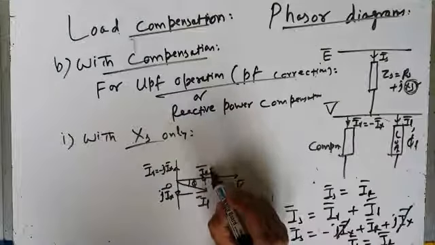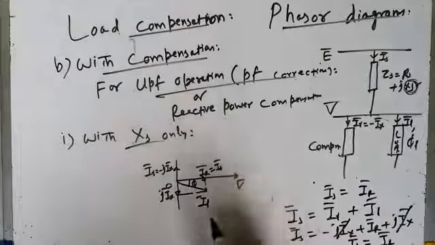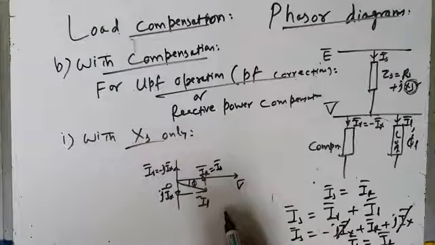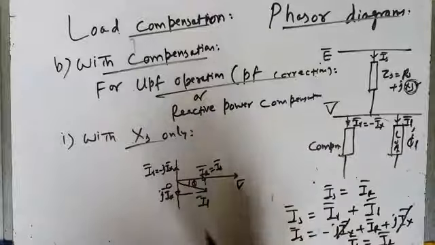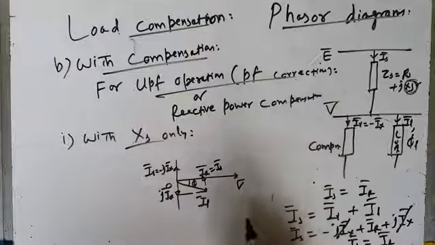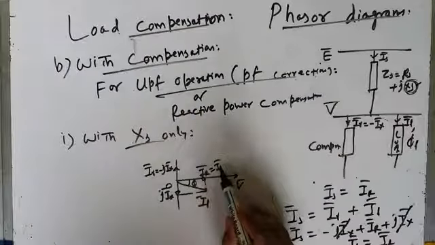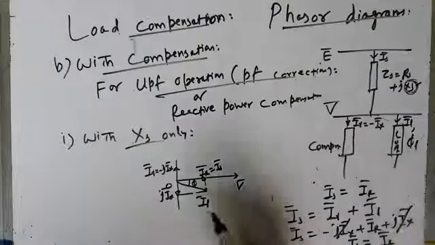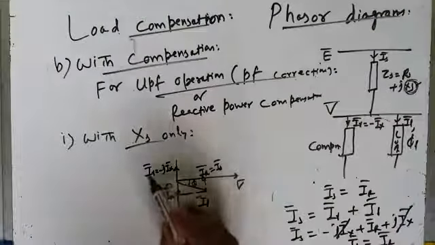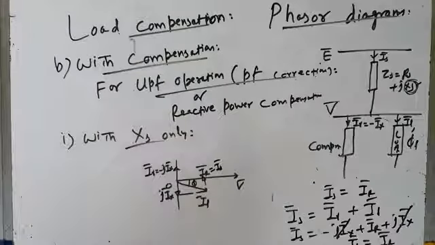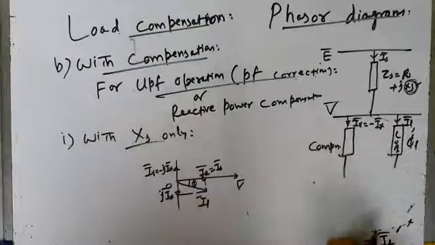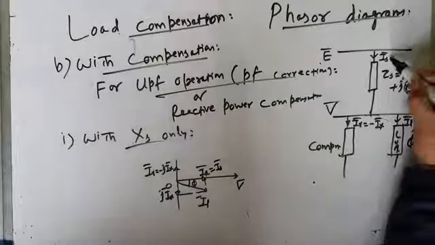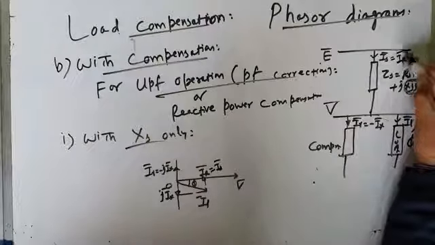Therefore ये IR जो है ये source current होगी. Previously मैंने लिखा था IL is equal to IS in absence of compensator. Now in presence of compensator for power factor correction, IR is equal to IS because source से खाली in phase component of current आ रहा है. ये reactive component of current जो है ये compensator से आ रहा है.